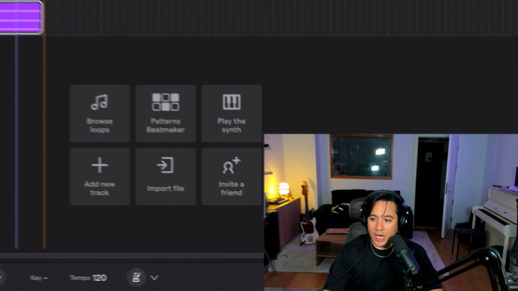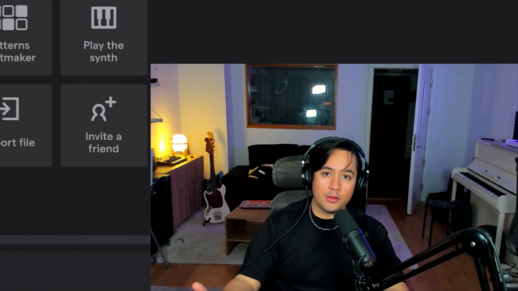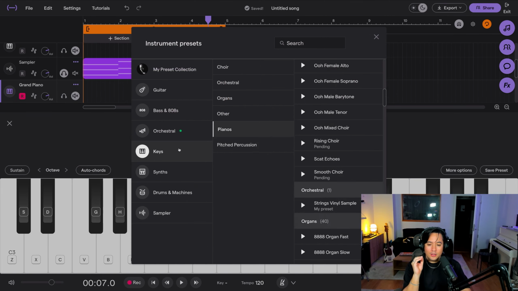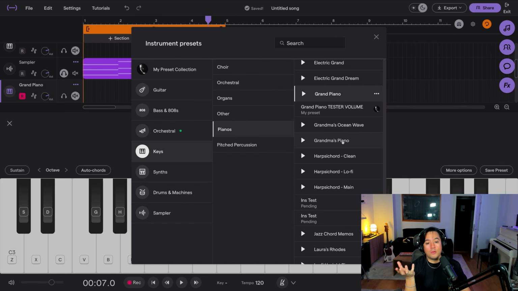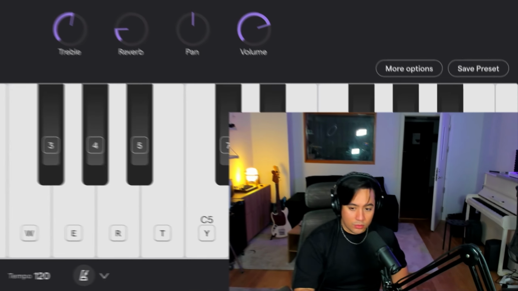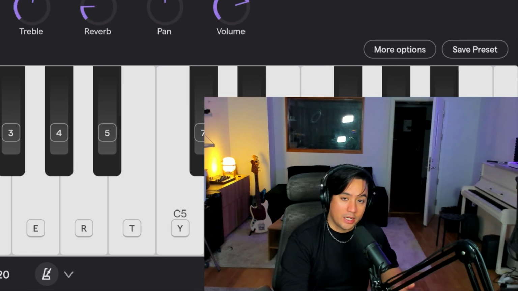So let's go into another technique where we can create more interesting things with what we have in Soundtrap. Grand piano. So typical, I mean, ever since Porter Robinson and the Nurture album, there's just so much you can do with a piano, and it really sells the vibe of this organic feel. So if we just listen to the Grandma's Piano, which is a great preset,